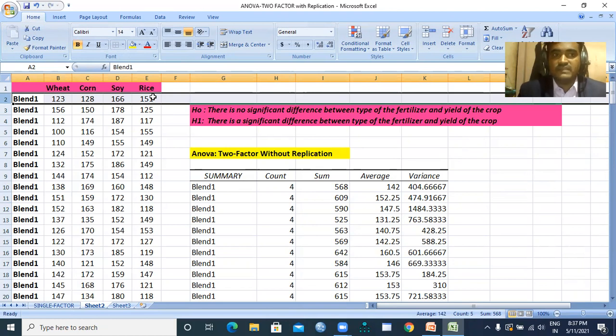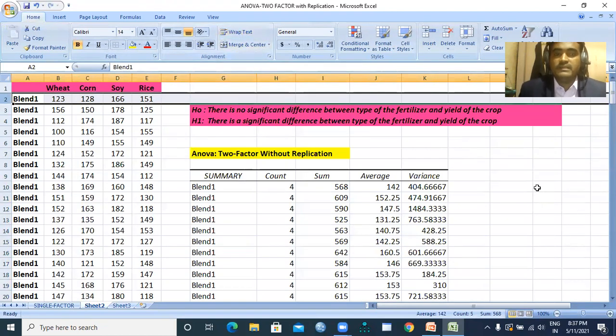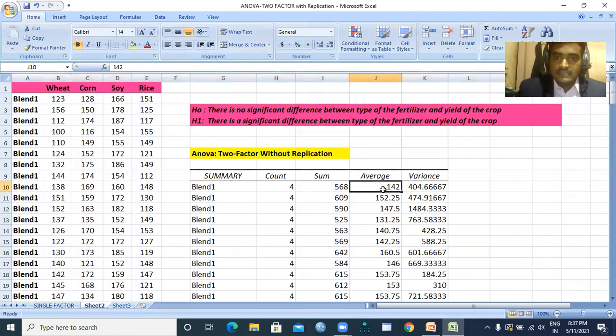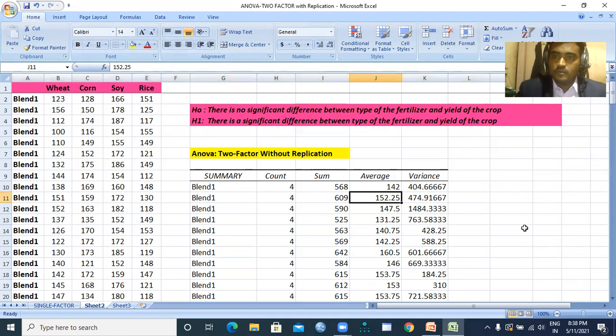123 plus 128 plus 166 plus 151, divided by 4. If you calculate this, the average of 142 will come into the picture. Likewise, for the next blend, 156 plus 150 plus 178 plus 125 divided by 4, you will get the average of 152.25.